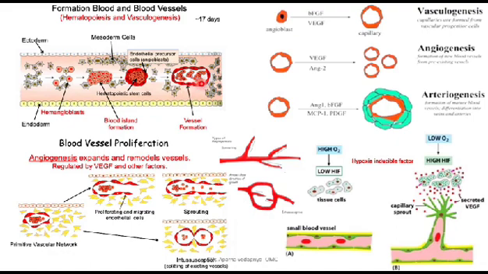So this is vasculogenesis. And if there is proliferation of this simple blood vessel into many blood vessels branching out from the vessel, it is termed angiogenesis. So this angiogenesis is nothing but the